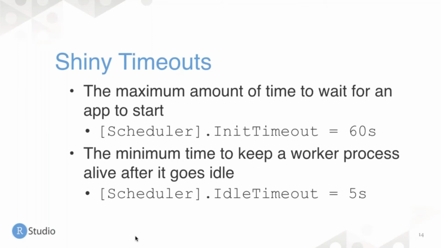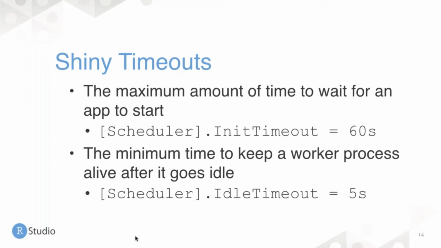Next, we've got a notion of Shiny timeouts. And so currently these are global settings. Eventually, we envision that these will be customizable by the application. But these define 2 different parameters. So first of all, this defines the maximum amount of time that you would want to wait on an application to start. And the default is 60 seconds, which means that if a Shiny application takes longer than 60 seconds